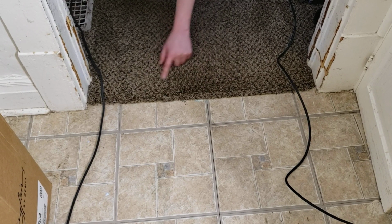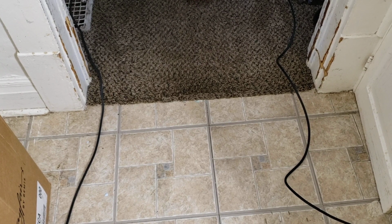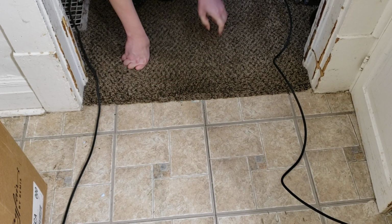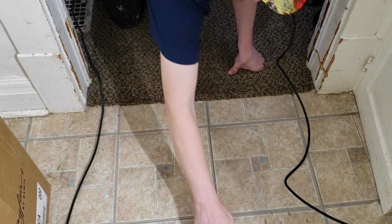Oh, wow. Okay, so looking at the carpet, the result is excellent. We do have some debris in between the two, but that's pretty typical. It's really hard for a vacuum to get between this. You usually have to run a crevice tool. And on the floor,